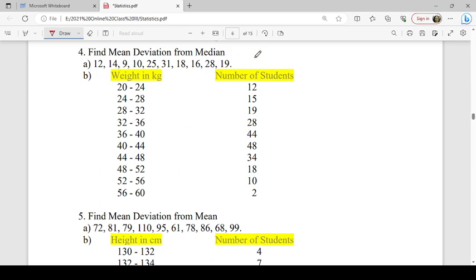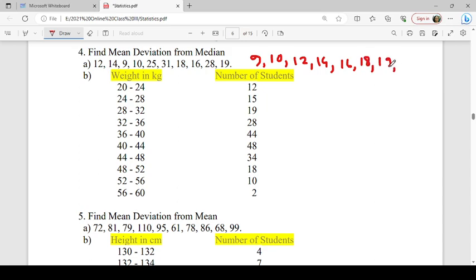So minimum is 9, then 10, then after 10 it is 12, and then 14, and 16, and 18,